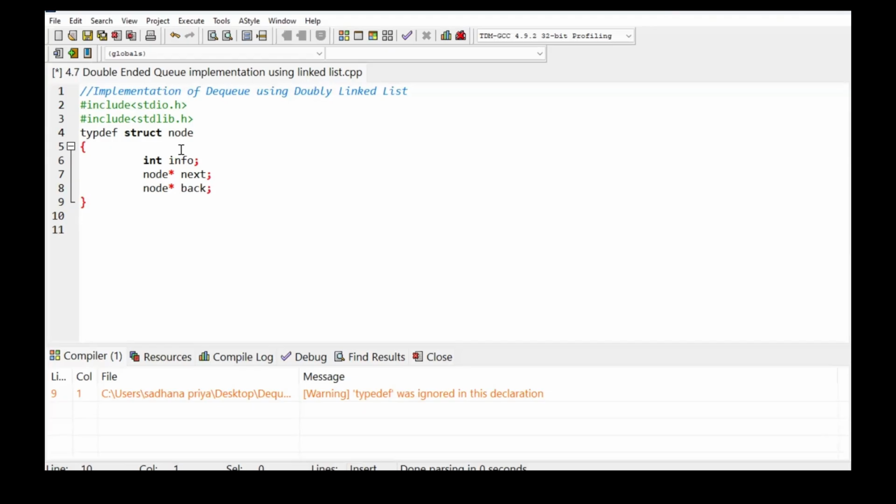For the queue, we require two pointers, the front pointer as well as the back pointer, that is the rear pointer. So we make the front a null value initially. It should be initialized with the null value. So we initialize both pointers. Then the first function we have to write is to insert an element into the front end of the dequeue. So void insert